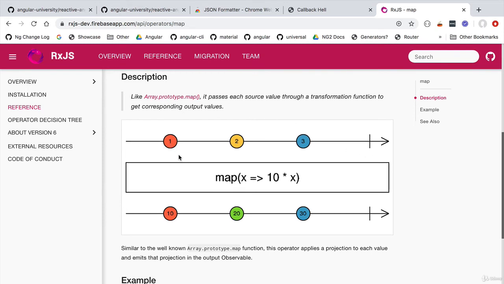The map operator is going to take as an input a mapping function. For example, this function here takes as an input a value and multiplies it by 10. What the map operator will do, taking the original source observable 1, 2, 3, is create a derived observable, this observable here at the bottom. Now the values of this derived observable correspond each one to the values of the input observable multiplied by 10. So as you can see, 1 times 10 becomes 10, 2 times 10 becomes 20, and 3 times 10 becomes